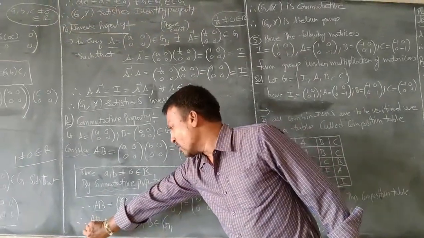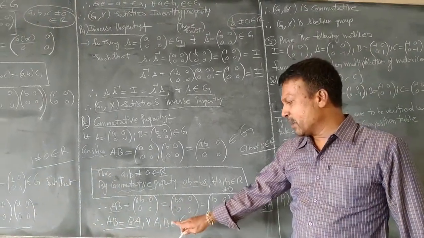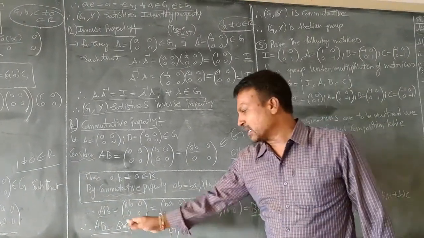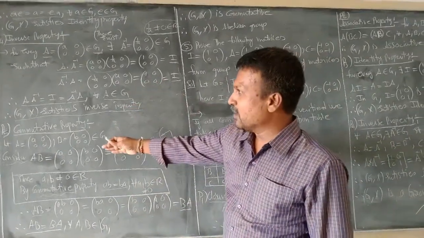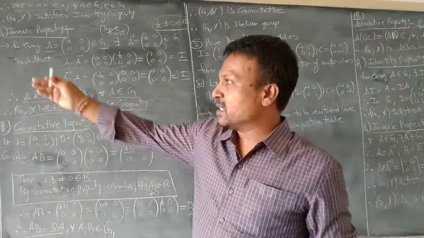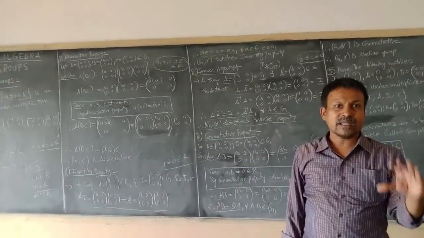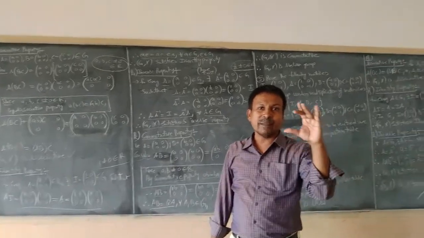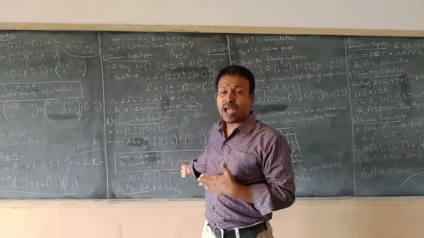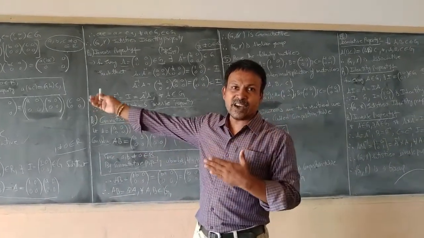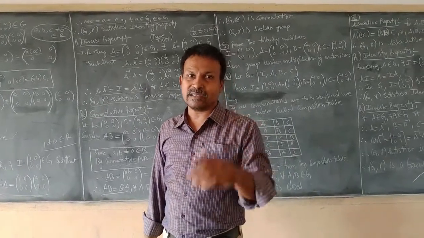Here I have concluded by writing AB is equal to BA for every A, B belonging to the set G. What are capital A and capital B? They are matrices. So by this property we have proved that the set G, which contains a set of matrices, satisfies the 5 properties which an abelian group should satisfy with respect to multiplication. Therefore, we can conclude that the set G of matrices is an abelian group with respect to multiplication of matrices. Right.